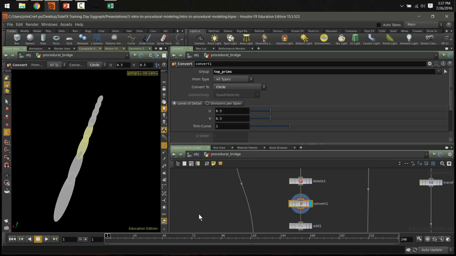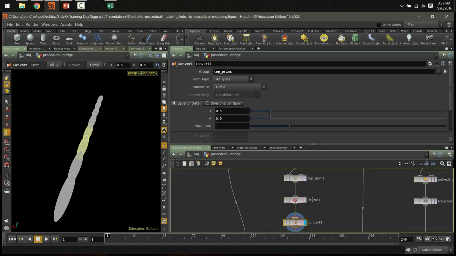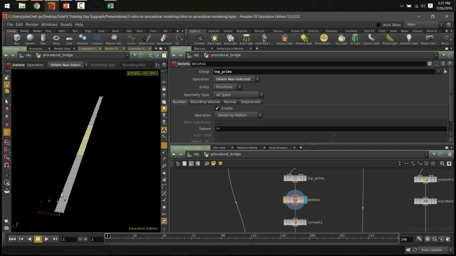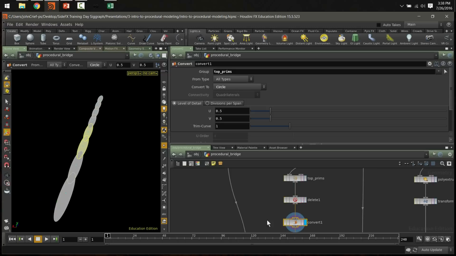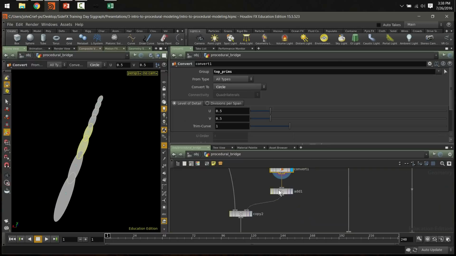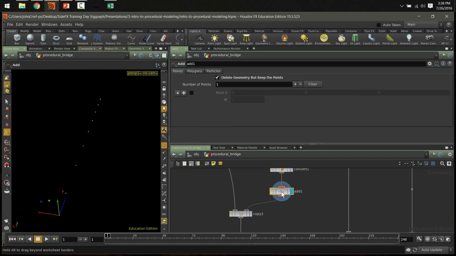Let me show you. So here is the handrail before. No point in the middle whatsoever. I'm going to take each one of those little faces, those primitives, if you will, and we're going to turn them into circles. The circle does have a point in the middle. I can now use an add SOP. All the add SOP does is it says, get rid of all the geometry and leave me only the points,